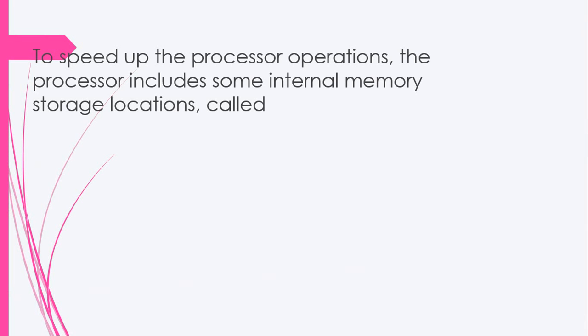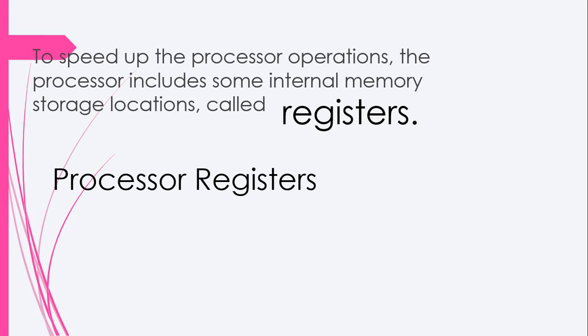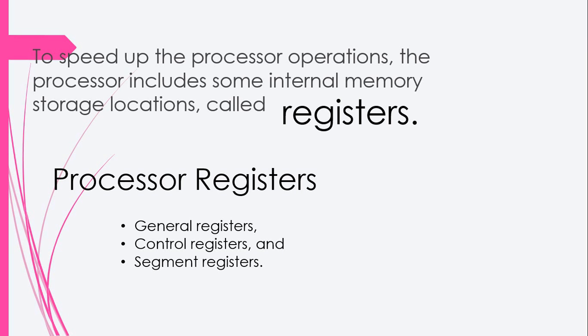To speed up the processor operations, the processor includes some internal memory storage locations, called registers. The registers store data elements for processing without having to access the memory. A limited number of registers are built into the processor chip. There are 10 32-bit and 6 16-bit processor registers in IA32 architecture. The registers are grouped into 3 categories. General registers,